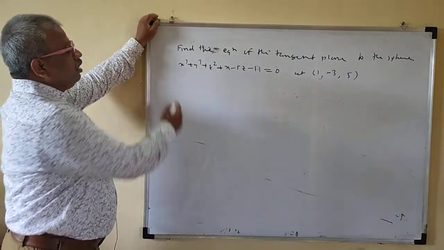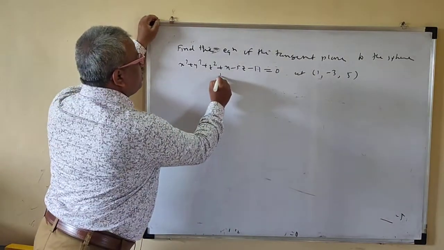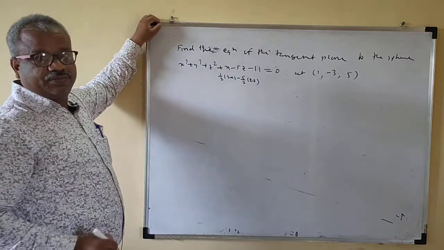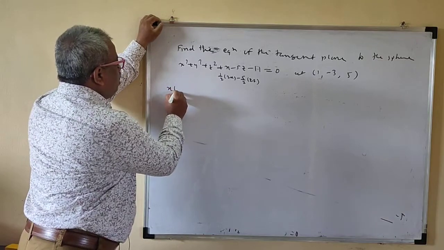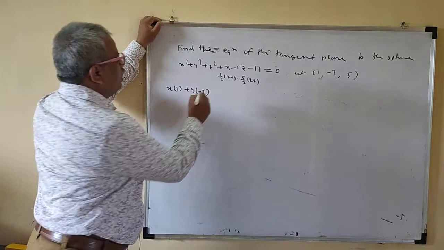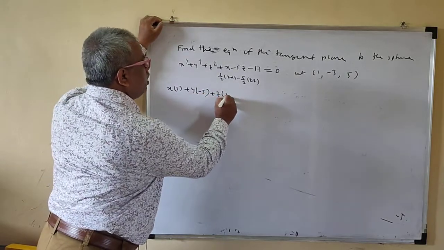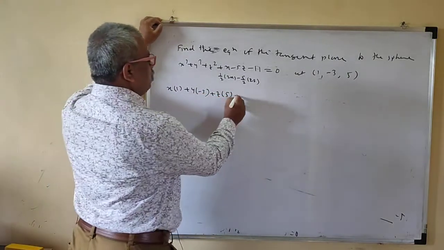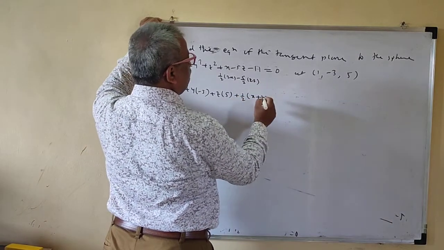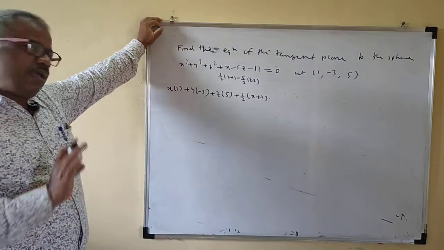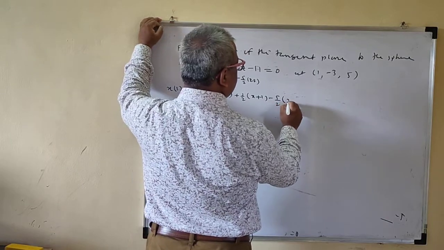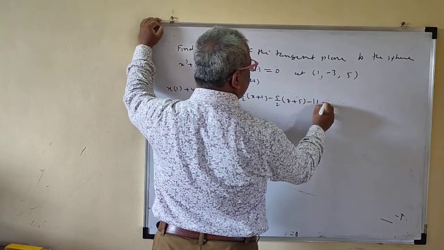So just see, the equation is this. Now y is not there, that means you can write this x as twice x times half, and this is twice z times minus 5 by 2. So we'll write now x into x1, that is x into 1, plus y into y1, plus z into z1, this is 5. Then plus half times x plus 1. Y is not there, so there is no term of y, forget that. Then minus 5 by 2 times z plus 5, minus 11 is equal to 0.